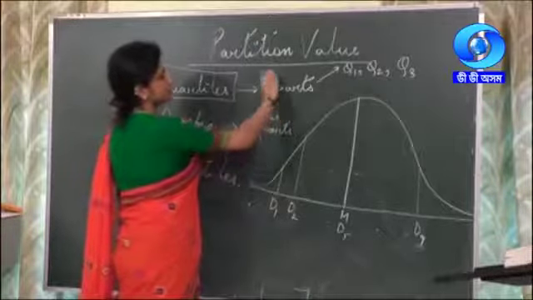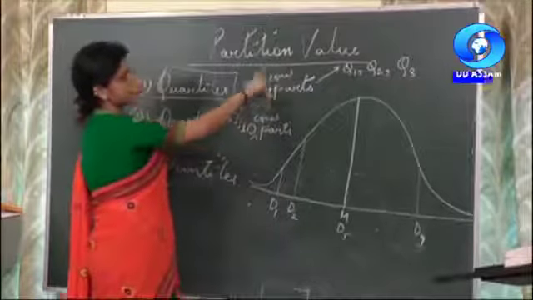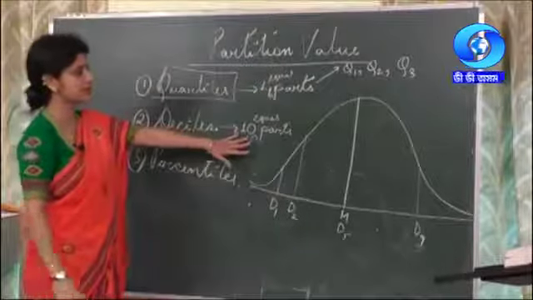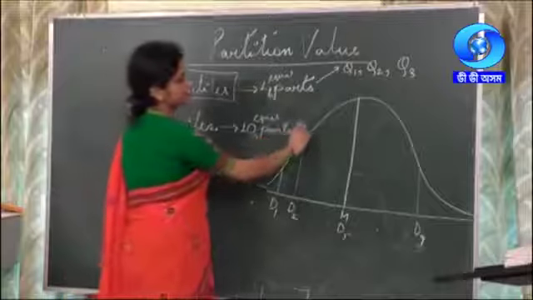Keep the word equal in mind: 10 equal parts, just like 4 equal parts. Here, 10 equal parts, and there are 9 deciles,